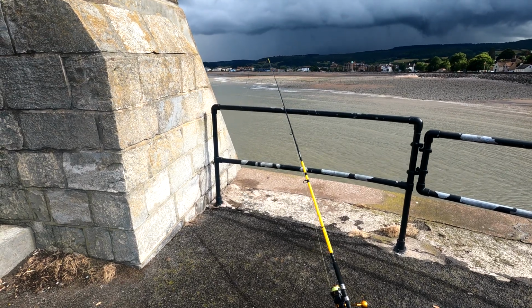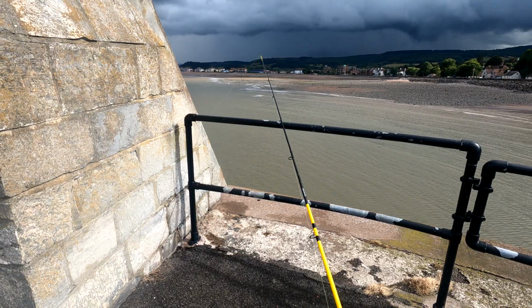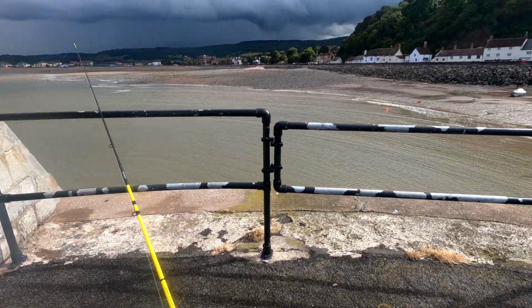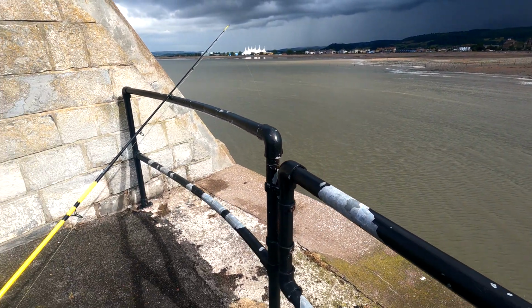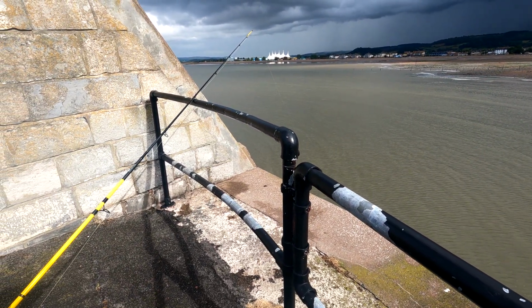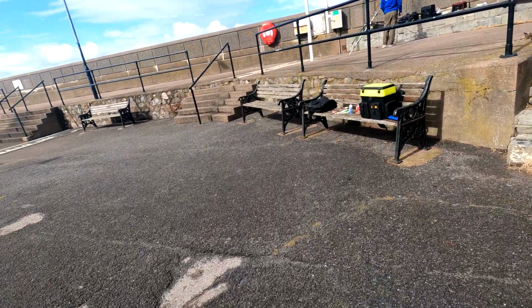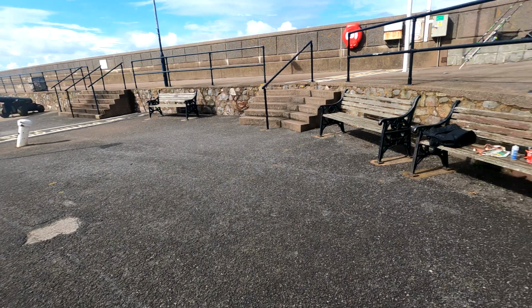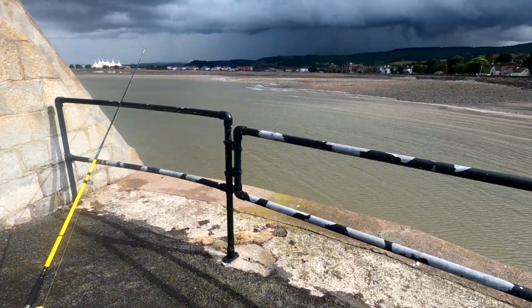Well, the rod's been in the water now for about 20-25 minutes. I'm going to get it in a minute and just do a little bait check. We had a little bite, but it didn't develop into anything, unfortunately. But hopefully this wind isn't too bad. I'll try and cover the mic a little bit. It should die down after